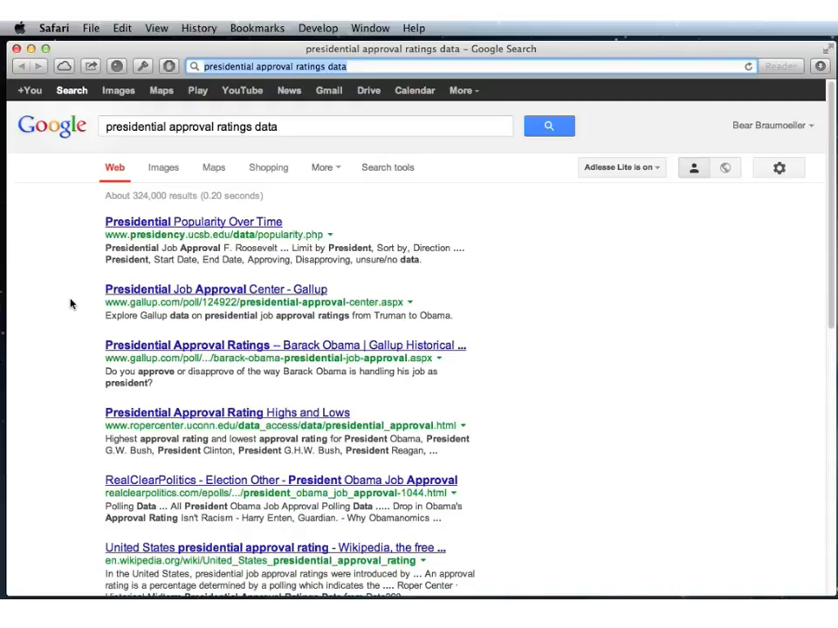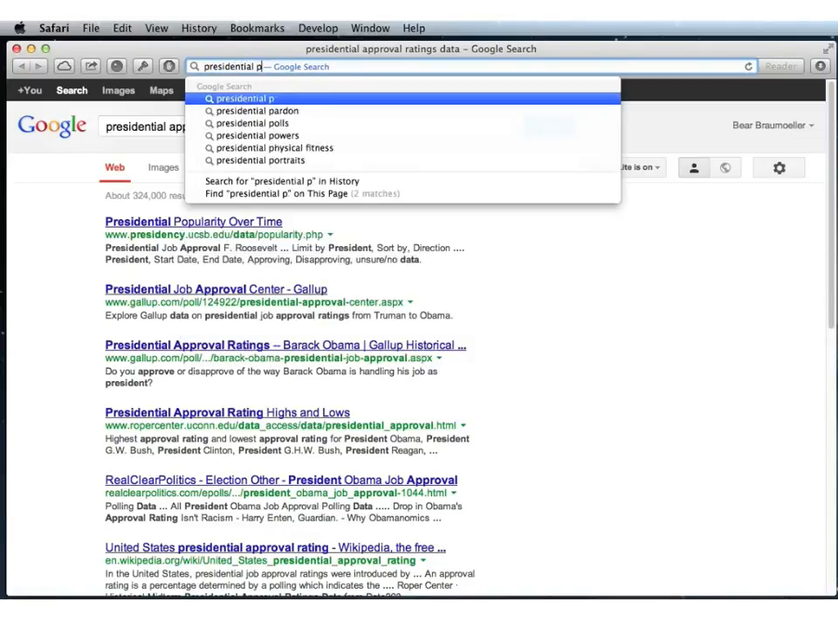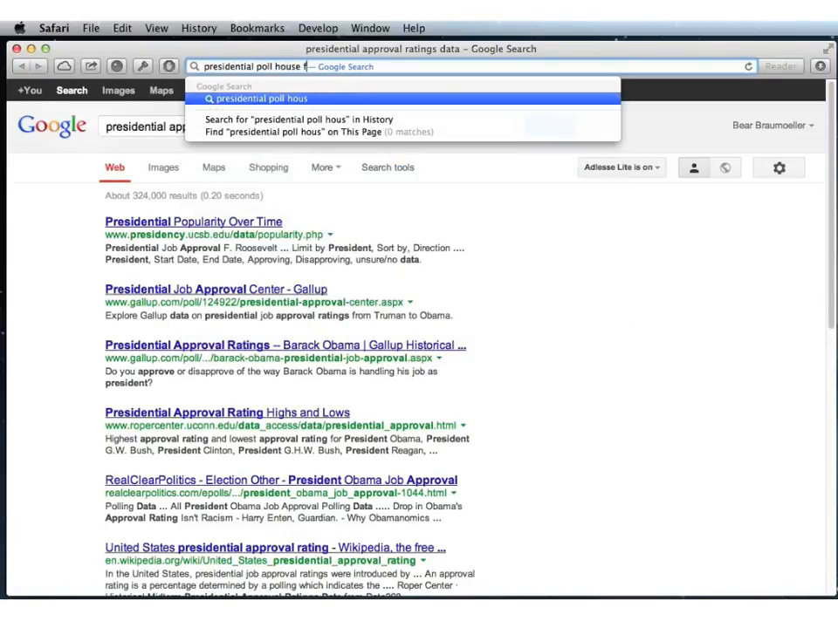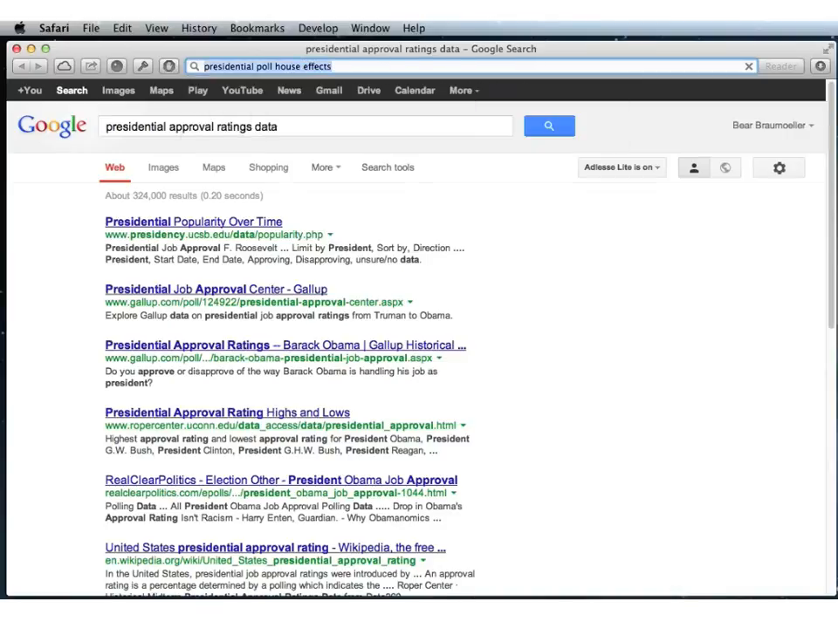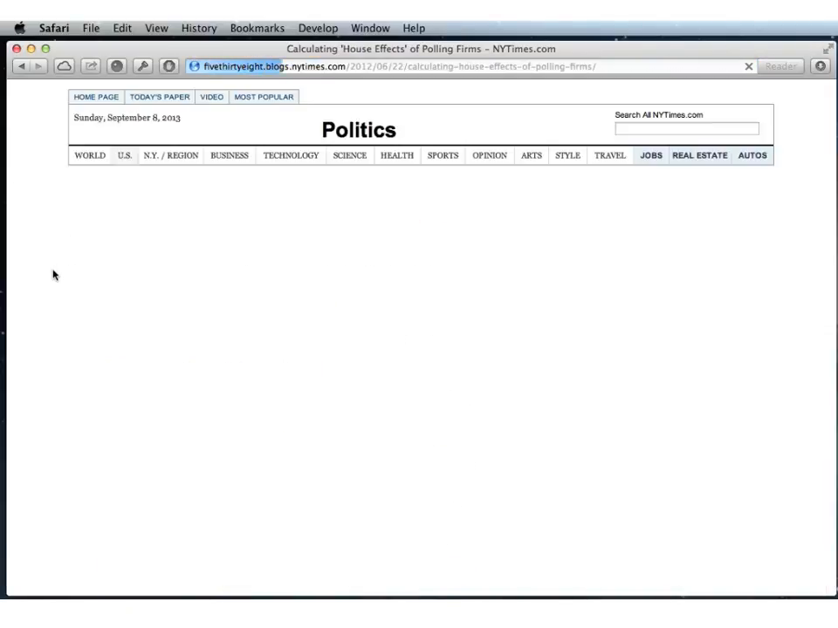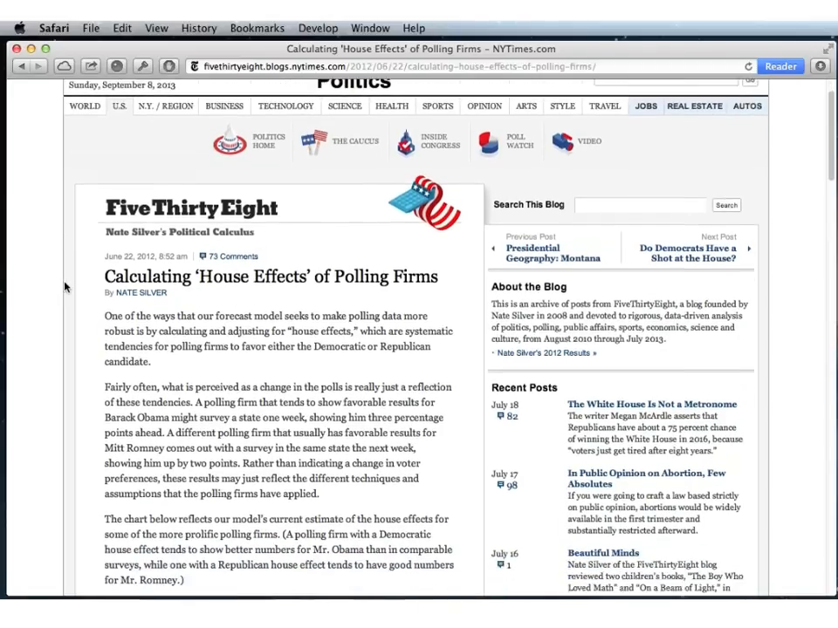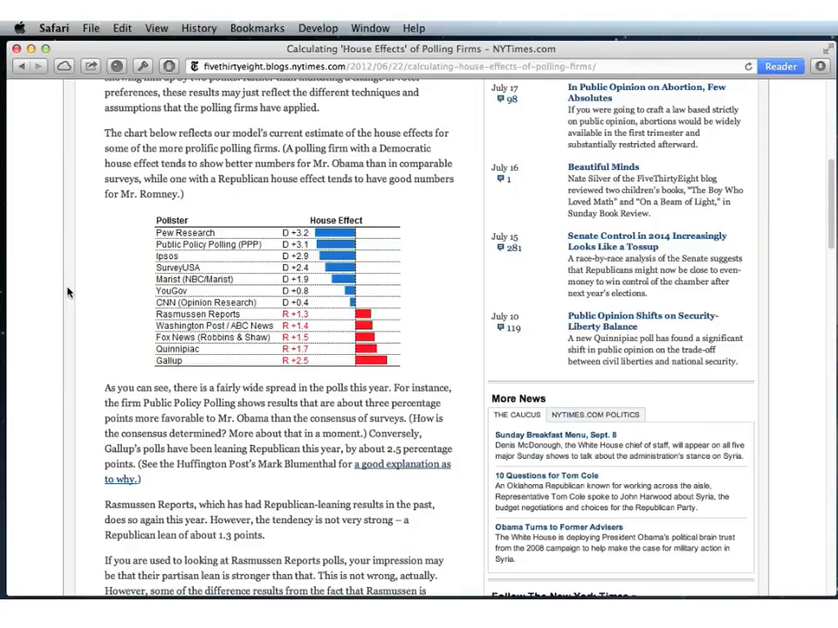Well, we can try to answer that question by looking at presidential poll house effects. House effects are the extent to which a polling firm is off in one direction or another when calculating popularity. So Nate Silver wrote this neat piece for the 538 blog, where he calculates the house effects of different polling firms. Okay? And to make a long story short, if you take a look,